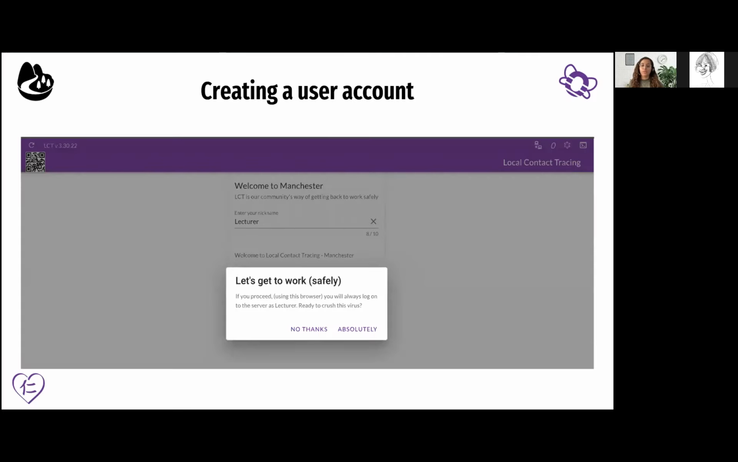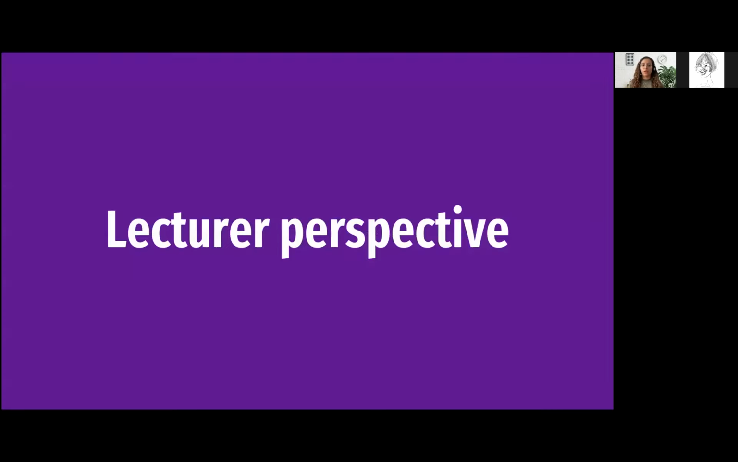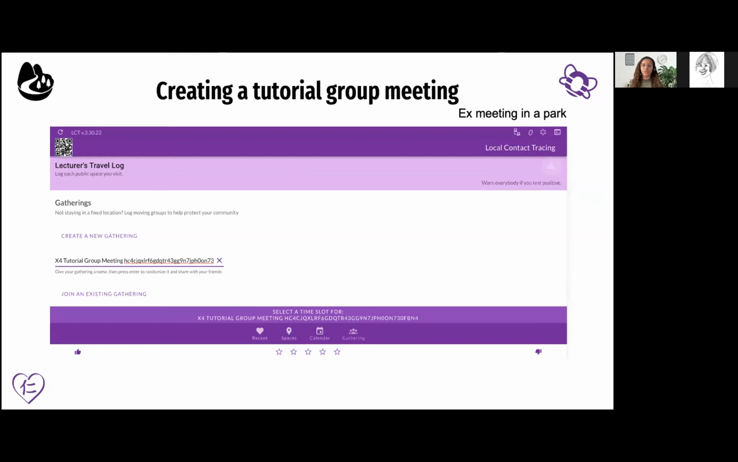All I have to do is simply register a nickname. This is from 3 to 10 characters long. It does not have to be personally identifying. So for example, I've used lecturer as my nickname, and all I have to do is press absolutely. I only see this nickname, and it is simply shown at the top of my screen when I log in. So now that I've registered for my account, let's say a lecturer wants to create a tutorial